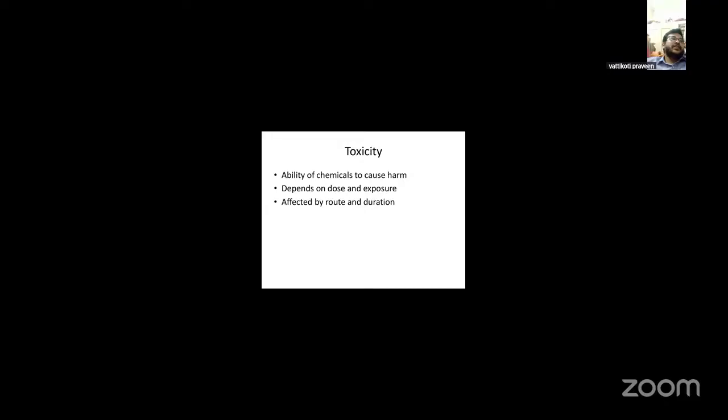What is toxicity? Toxicity is the ability of a chemical substance to cause harm to living organisms, including humans, animals and plants. What is the summary of toxicity? Toxicity is the harm-causing potential of chemicals, depending on the dose, route, and duration of exposure. Understanding toxicity helps to set exposure limits and safety standards.